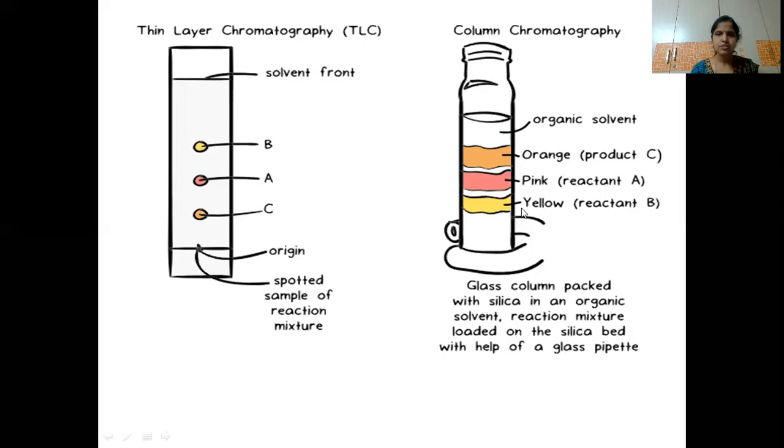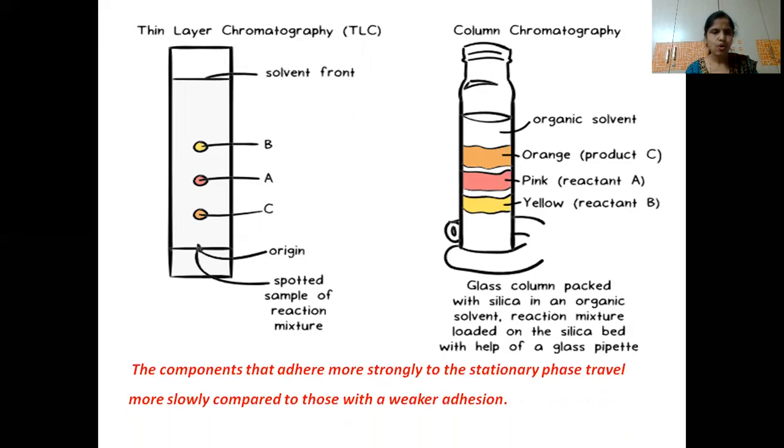a larger extent. So what does this indicate? The B component has lesser affinity towards the stationary phase, and it has more affinity towards the mobile phase. So the components which have more affinity towards the mobile phase will travel a larger distance. Or you can remember it this way: the components that adhere more strongly to the stationary phase travel more slowly. Okay, the reverse one, that is, in this, you can see the C component has traveled to a